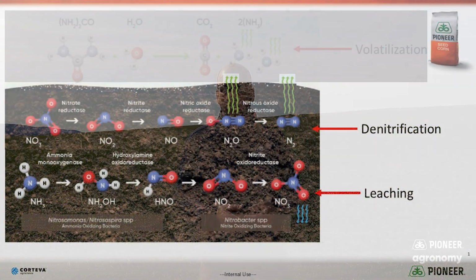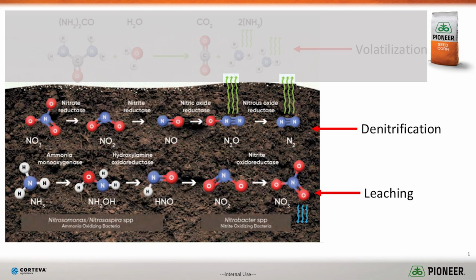But realizing that that has to be surface applied, not incorporated, and we typically have to have some relatively decent heat to drive that volatility. So obviously surface applying urea, things like that would be a high potential for volatility, especially later in the season whenever it's warm. However, my biggest concern is actually denitrification and leaching, especially now because we continue to move more and more of our nitrogen earlier in our season,